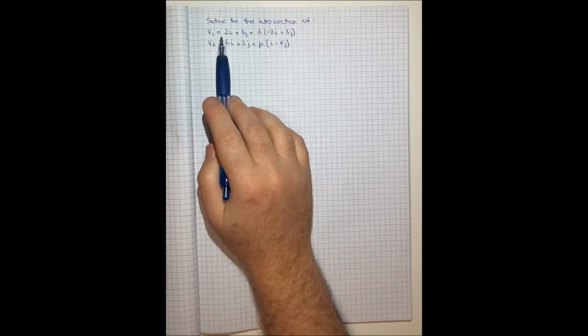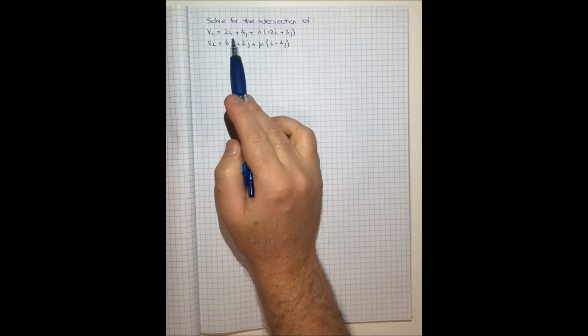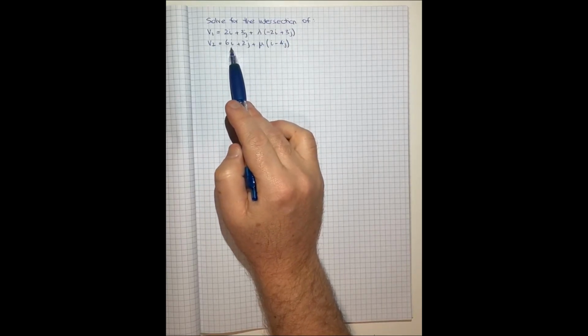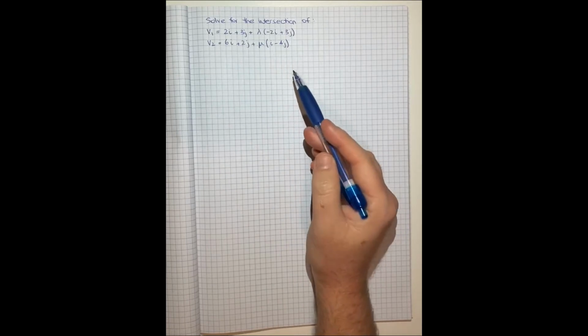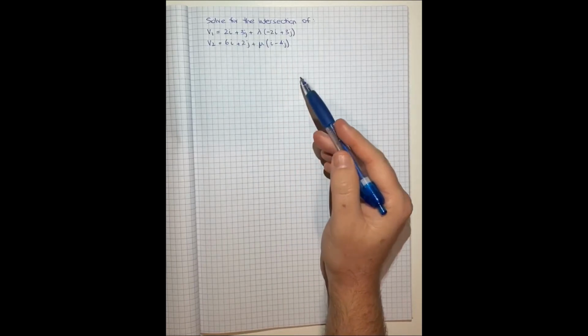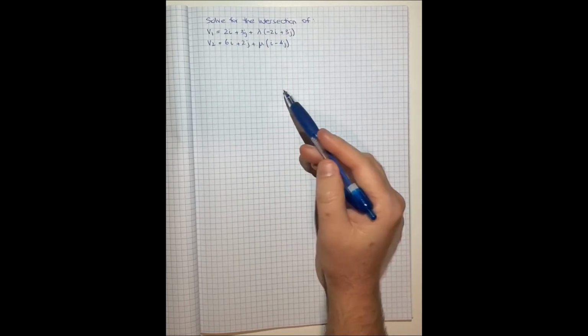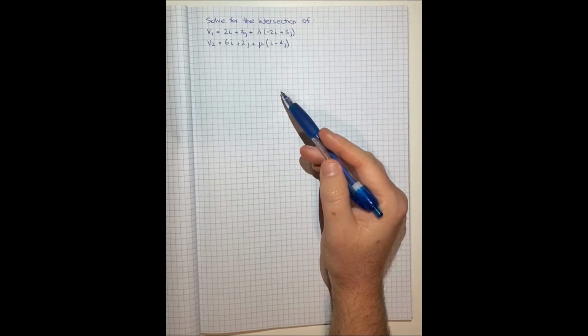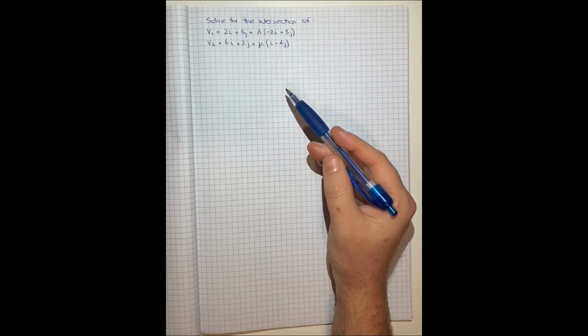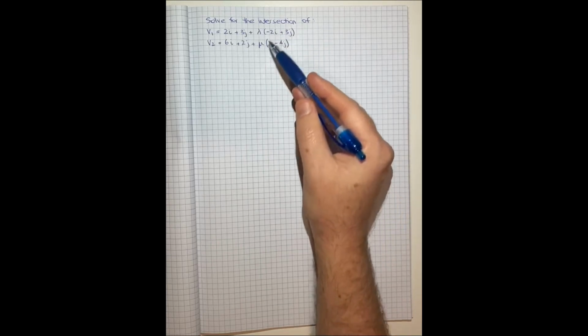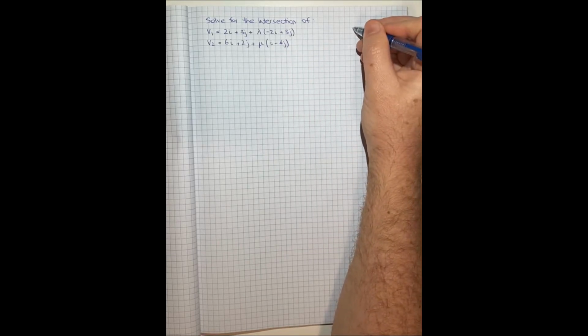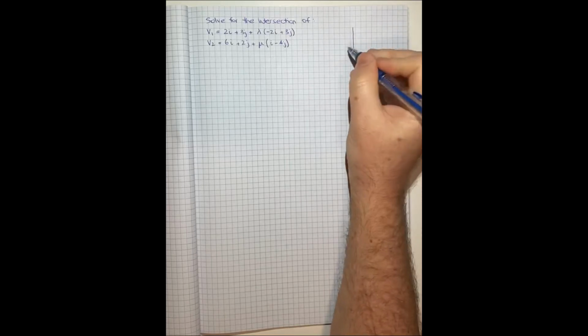In this question, we're being asked to solve for the intersection of two vectors. This kind of question comes up in the Extension 2 math curriculum, or the 4-unit math curriculum of the HSC. And it's really asking us to solve the intersection of two vectors that actually sits on a plane that